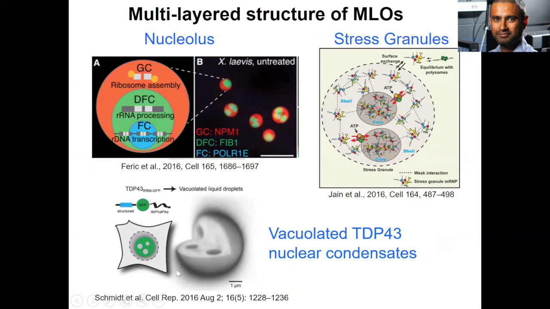If you overexpress just a simple RNA-binding protein, TDP43, you can actually see that the protein itself forms condensates which are multiphasic, meaning they have core-shell structures, but the inside structures are of lower density than the outside structure. Okay, so all these different types of droplets in cells suggest that there could be more complex structures other than just simple droplets. So the question is, can this be recapitulated in a simple model system such as